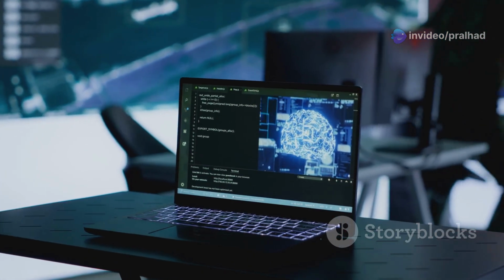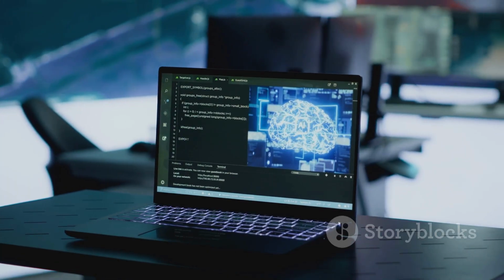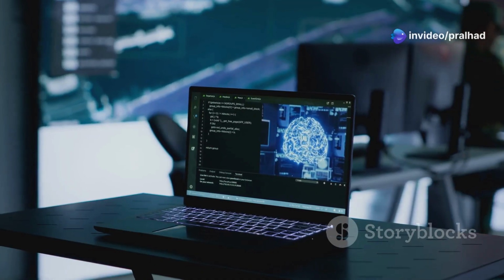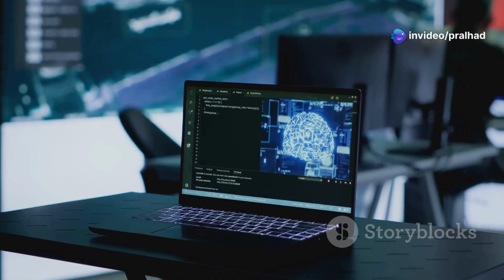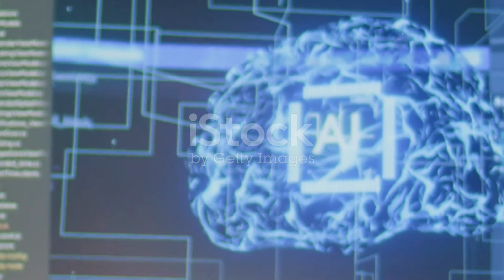It's a field of computer science that aims to create systems capable of performing tasks that would normally require human intelligence. These tasks include visual perception, speech recognition, decision-making, and even translation between languages. It's like giving computers a brain so they can understand, learn, and make decisions like we do. But how exactly do we teach a computer to see and understand the world?